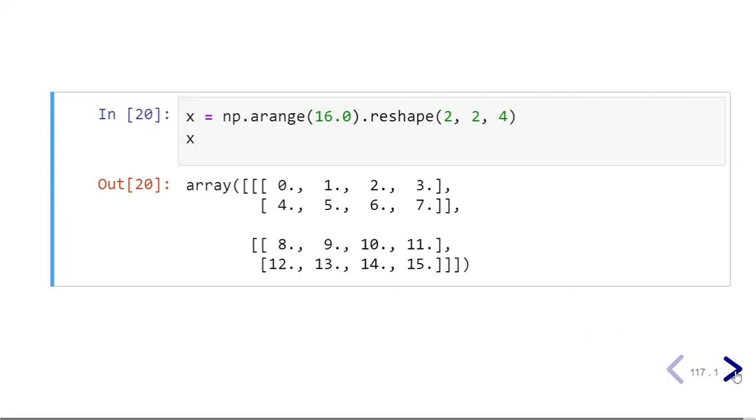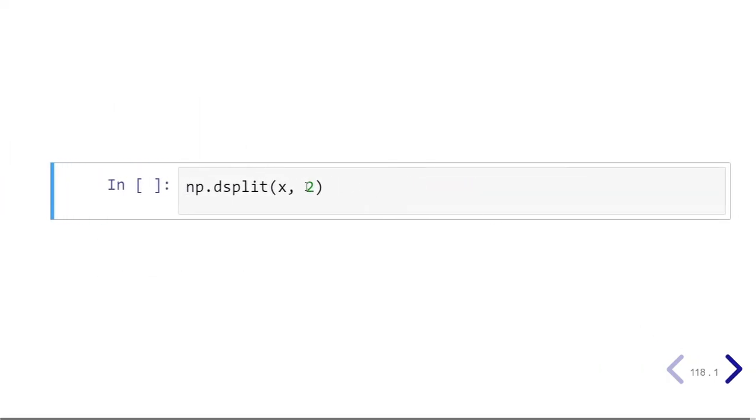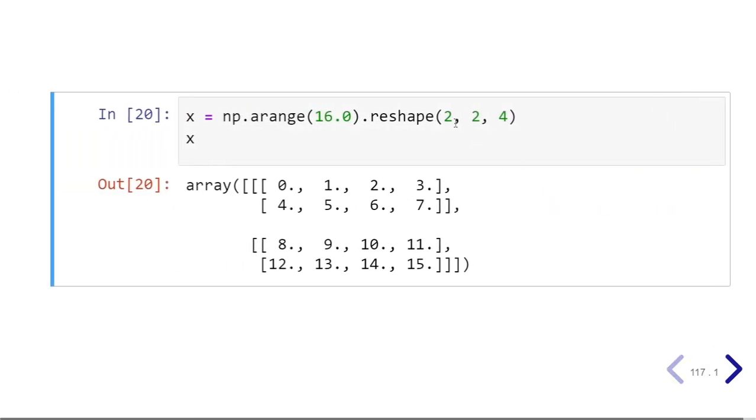Now, if we want to divide this into 2 subparts, it will work on axis 3. So the first axis is 2, the second axis is 2, the third axis is 4. This will be divided into 2. So you will get 2 subarrays of 2 by 2.